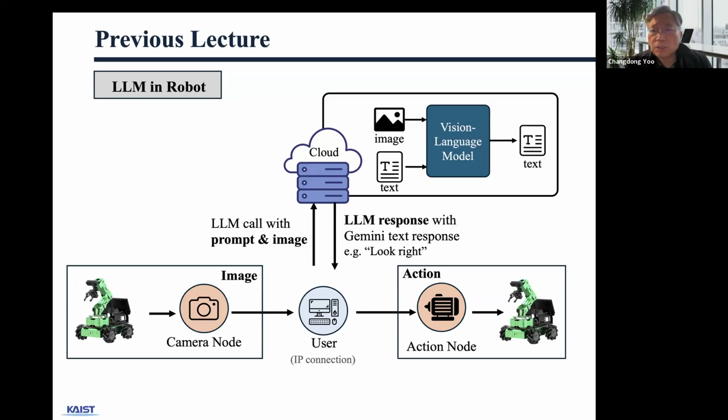This is my third lecture. In the first lecture I talked about image detection using YOLO. The second lecture, last week, was about LLMs. And today I'm going to be talking about reinforcement learning, or RL. And before I do that, I just want to talk about